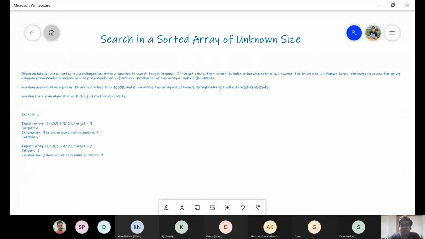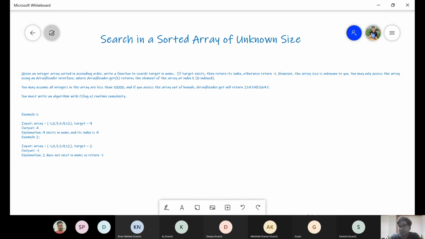The problem says a sorted array has been given to you, but you cannot calculate the size of that array. The size is unknown for us, and we need to search an element in the sorted array. Earlier, when we discussed the binary search approach, we knew the size of our array, so we knew what our low and high are, so that we can calculate the mid and find the element. But in this question, we do not know the size. This is one of the favorite questions from the Microsoft interview.